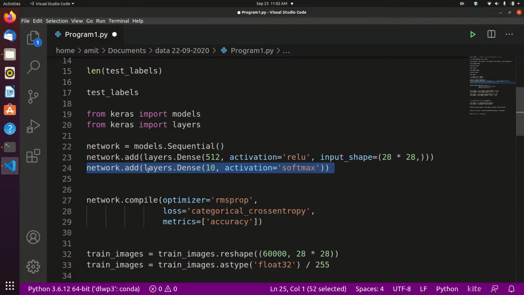We know that the sum of the probabilities in a sample set is equal to 1. So each score will be the probability that the current digit image belongs to one of the 10 digit classes.